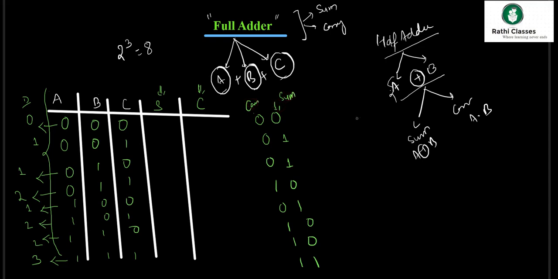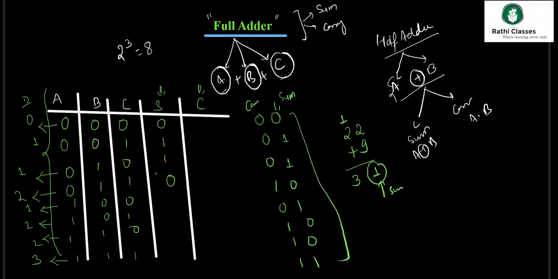You can analyze normally in this case. Suppose I do say 22 plus 9. So 9 plus 2 is 11. We write the obtained sum over here and carry we take forward. So 2 plus 1 is 3. Similarly, the LSB is considered to be sum and the MSB is considered to be carry. So the result obtained would be 0, 1, 1, 0. I'm just writing the values of this over here: 1 0 0 1. What would I carry? It's nothing but 0 0 0 1 0 1 1 1.